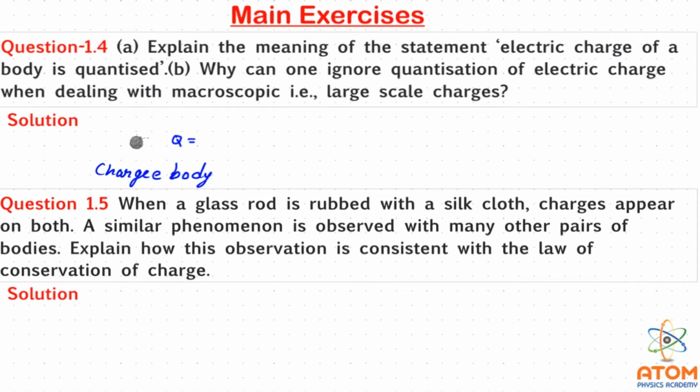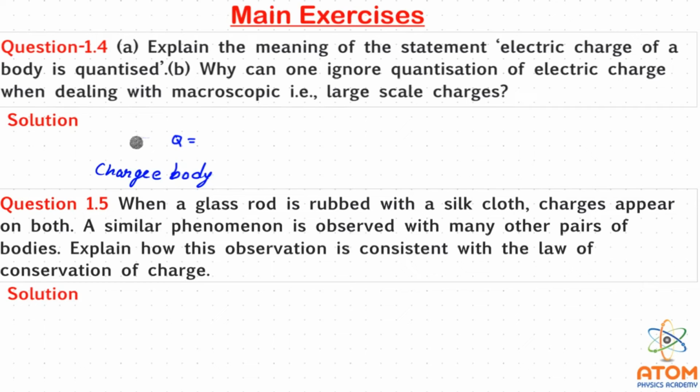It cannot be less than that, and it cannot be more than that, because every particle has total E charge, and so the whole amount of charge will be Ne. There is no half proton and no half electron, so we cannot assume that something like 0.5 E is possible. It is not possible. So, coming back to the picture,